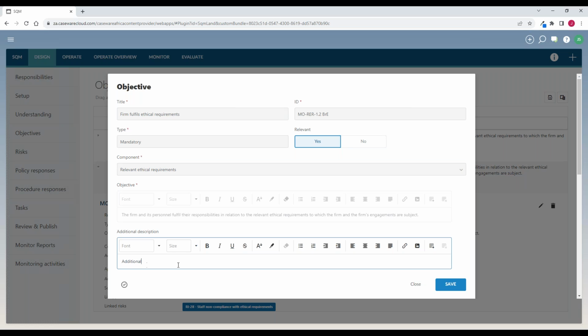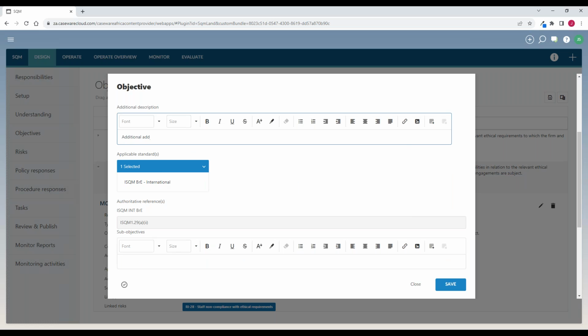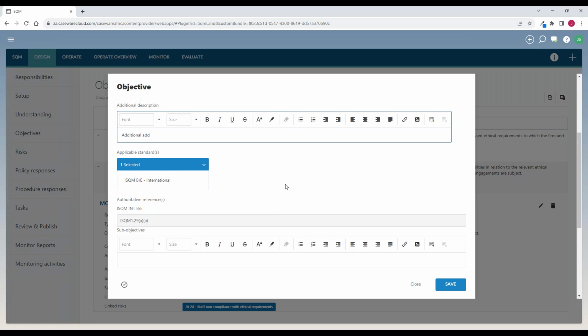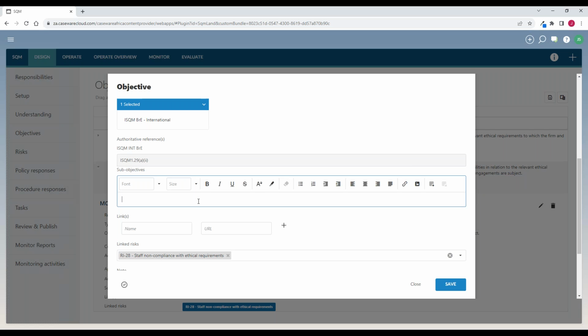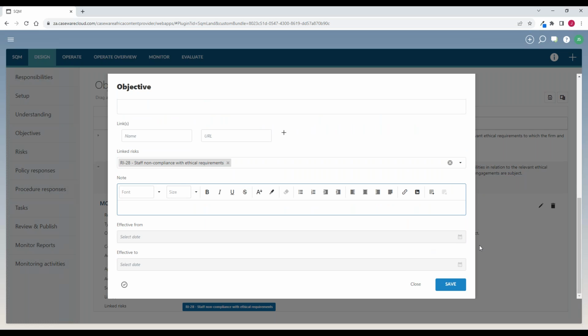All right. If I want to add any additional information, I can add here. And I can then select if there are more or fewer standards that are relevant. Because I'm only selecting one standard, I probably won't fiddle with that. I don't need to change it. I do have the option to add sub-objectives if you want to add them. And I could add links, notes, and then also something maybe from your objectives, not so helpful, but definitely with policies and procedures where you